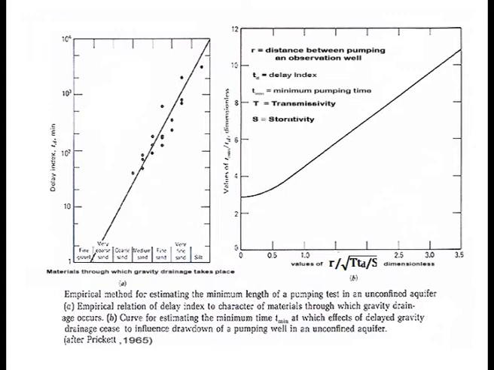So there is a curve. By determining the distance between the observation well and the pump well, you will get the r. So r upon this, if you get T and S, T is known to you. You are pumping a well, so small t is known. You will get a curve. So from here, because t d is already known, t minute means the minimum time required for pumping of a well so that the third segment of the curve will occur, and it means for this period of pumping you can use these data for determination of T and S of the unconfined aquifer.